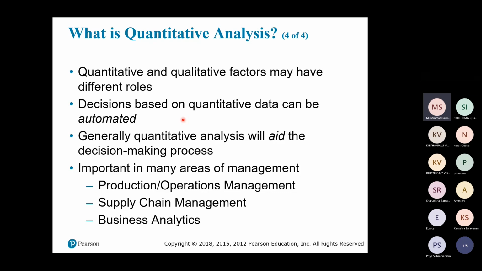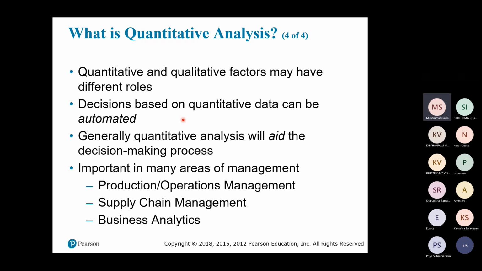Generally, quantitative data will aid the decision making process. Most of the time we use numbers to help us make decisions. For example, you have your sales numbers: the amount of sales you made this year and the amount of sales you made in the previous year. Then you can compare and see either this year's